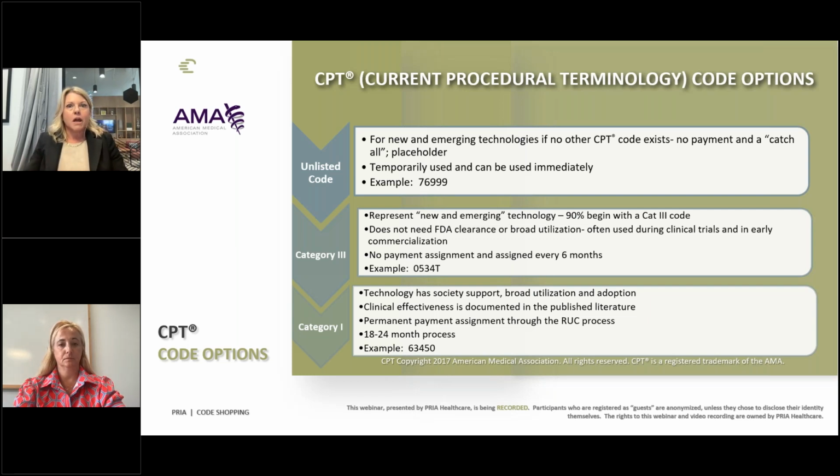So no matter what, if you find that you don't have a code that exists to report your technology, there's always the option of using an unlisted CPT code. They're temporary, but they can be used immediately. An example is 76999. Again, they don't have payment, but this can be a temporary code as a placeholder in the interim of establishing